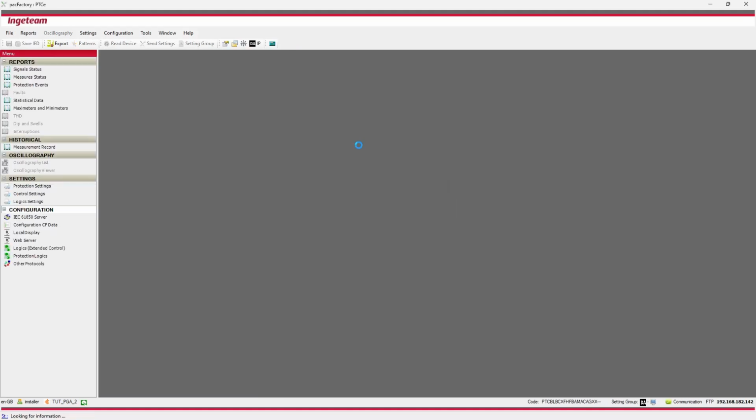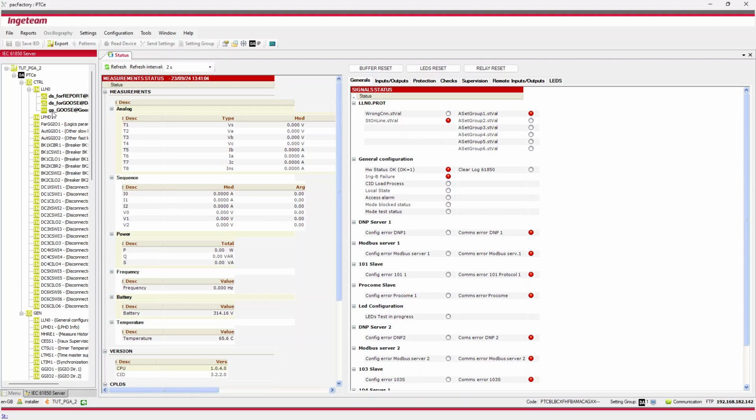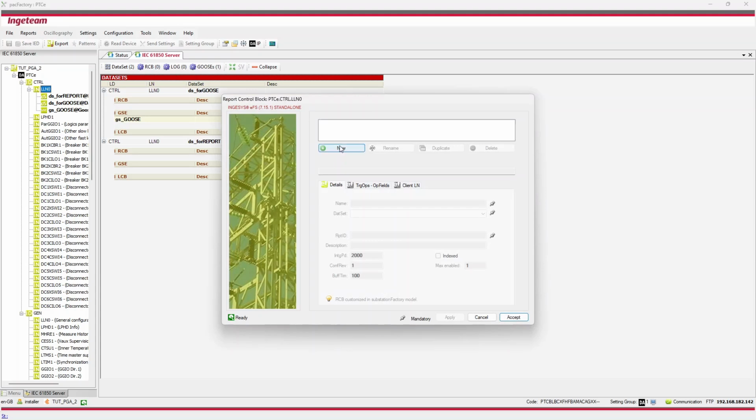In order to configure the publication of reports, we will click on the IEC 61850 server tag. As it can be seen, some customized datasets and a Goose publication have already been configured. To access the report configuration window, we will need to click on the RCB button. Much like with the Goose publication, new reports can be created by pressing the New button with the white cross and a green circle background.